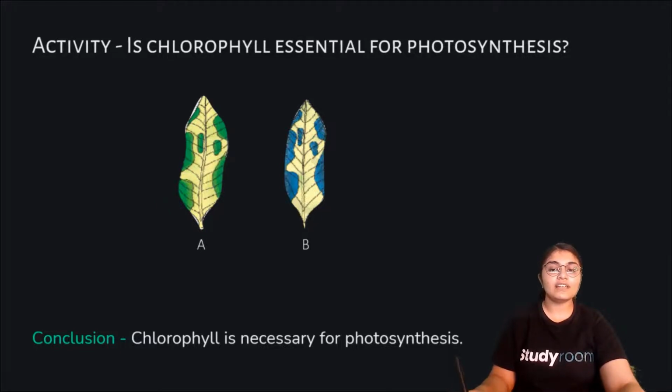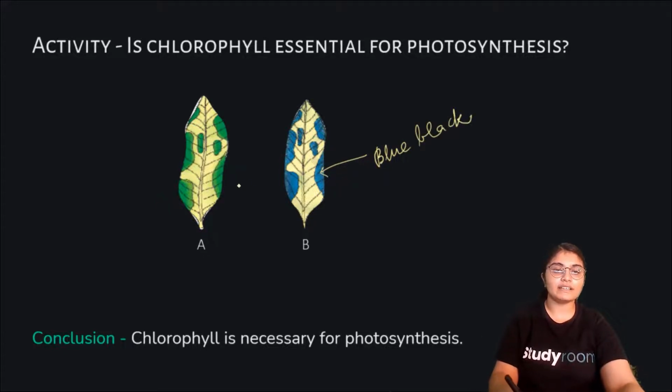And then we'll take out the leaf and rinse off the iodine solution. What will we observe? We'll observe that only those regions of the leaf which were green in color turn blue-black. So only these regions perform photosynthesis. Now here we can see that only those regions are blue-black which were green in color. They turn blue-black in the iodine solution,